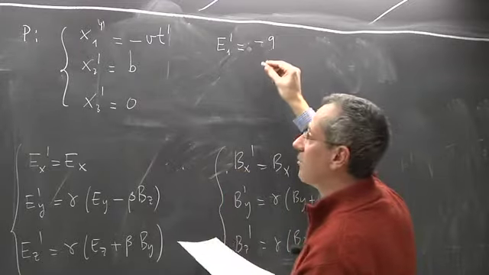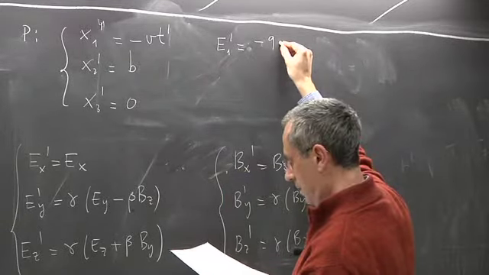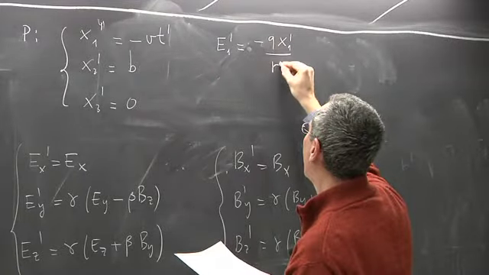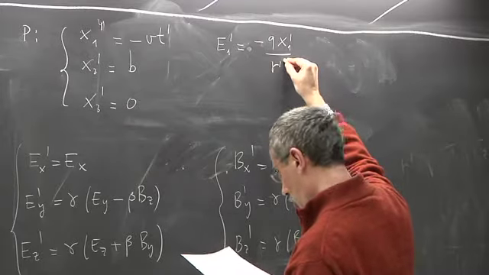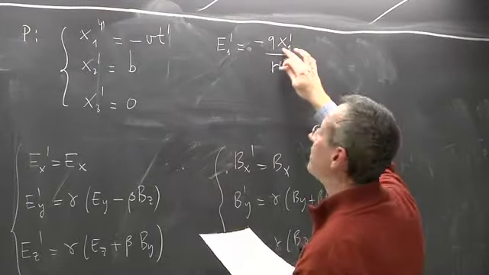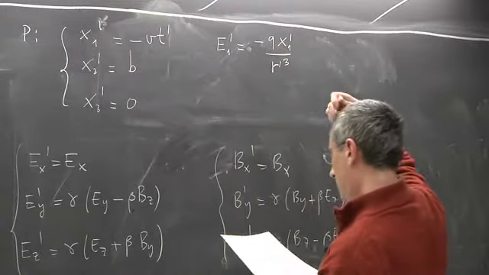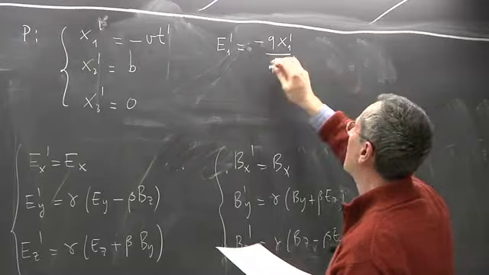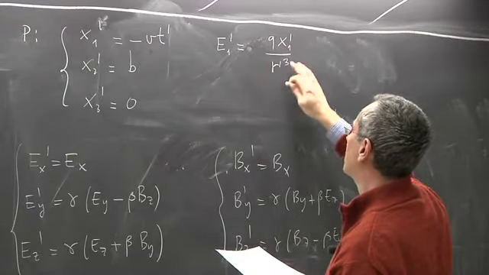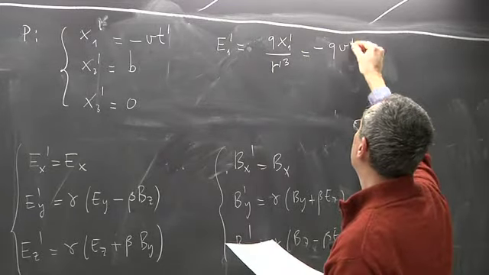But let's write it with the components, because it is Q x1 prime divided by R prime cube. But what is x1 prime? It is just that, right? So let's write it like this: Q over R square. I write it like this. So this is minus Q V t prime